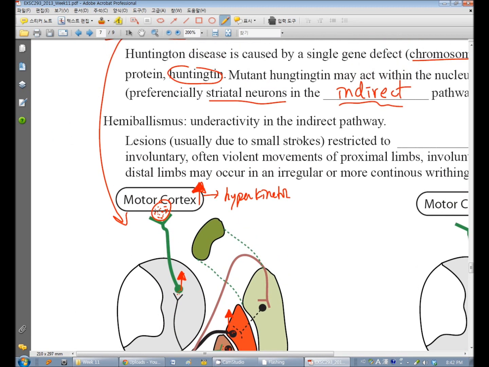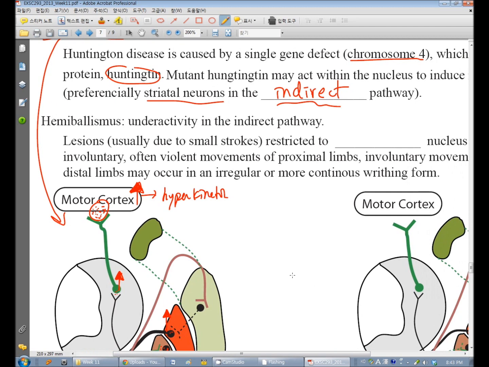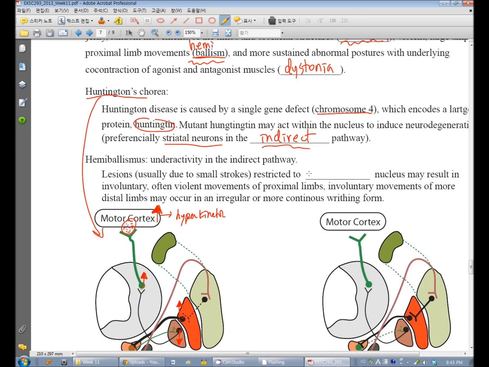Let's have a look at hemiballismus or hemiballism. Hemiballism usually occurs in stroke patients, usually those who have damage to the subthalamus. So it's restricted to subthalamic hemorrhage or stroke. So, subthalamic nucleus: if you damage the subthalamic nucleus, what can happen is